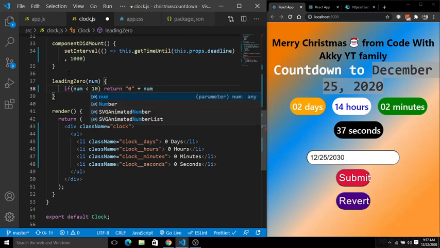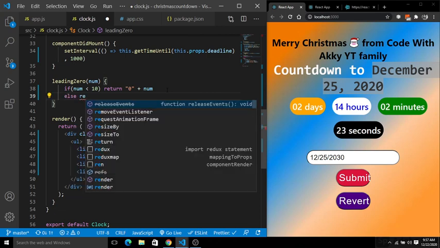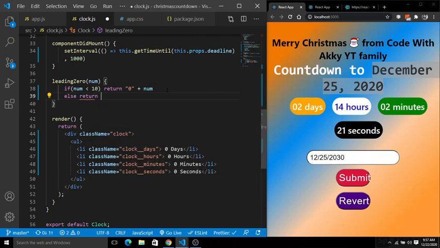So 0 is not a number, it is a string, and it will concatenate with the number. If this does not happen, then we have an else statement, and I am going to simply return the number. So return number.